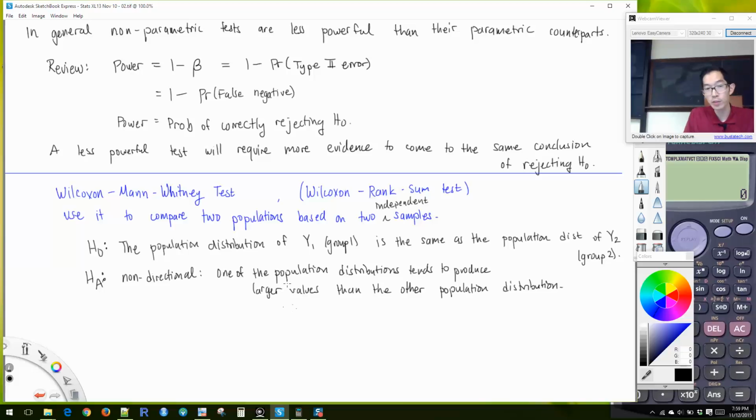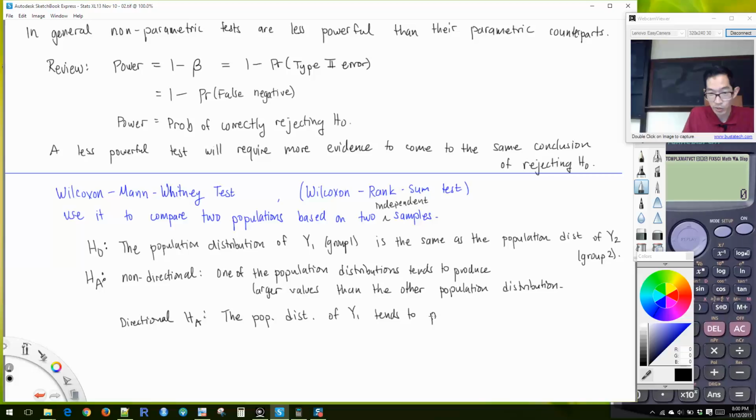Okay, so even though I'm using the word larger here, because I'm not specifying which population distribution I'm talking about, this is still a non-directional alternative. If I have a directional alternative, it would be the population distribution. I'm going to just abbreviate this to popdist of group 1